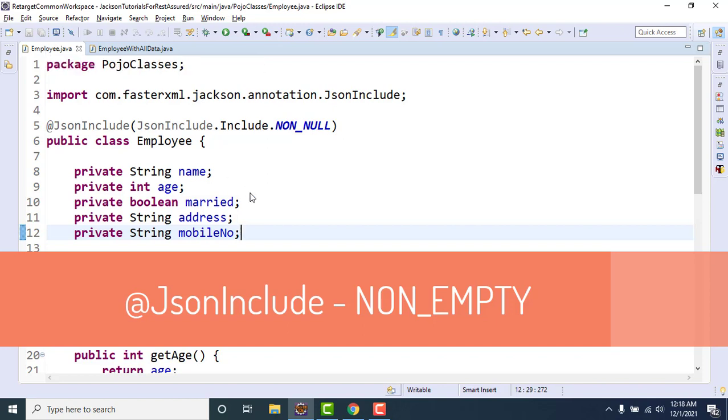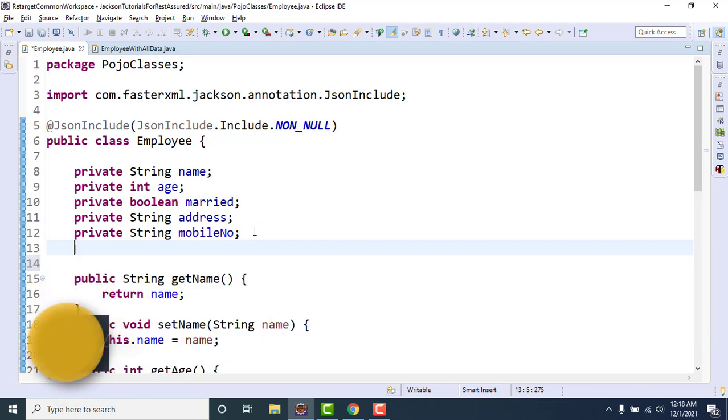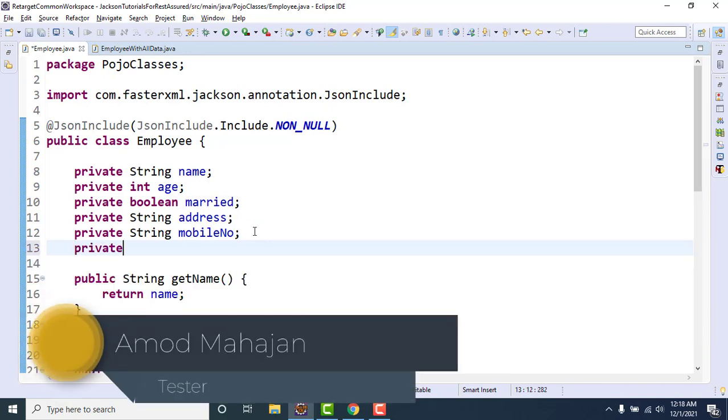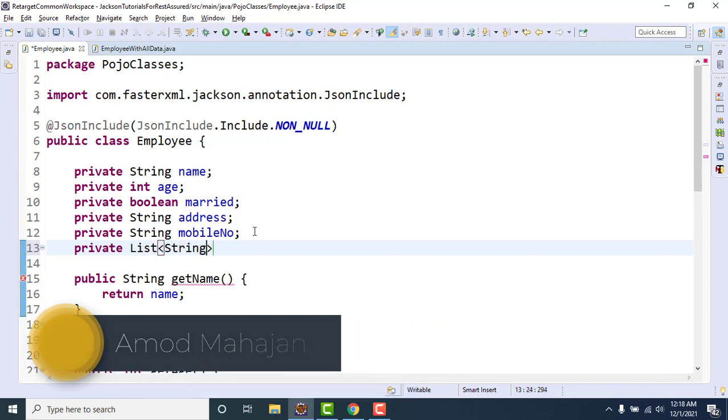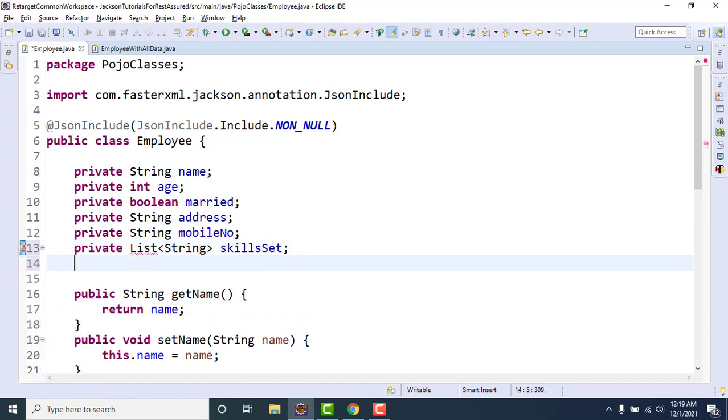Okay, so what I'm going to do here, in this particular Pojo class, I am going to add two more properties: private, one list of string, and let me name it skillSet. And I am going to add another field, a map of string, suppose familyMembers.